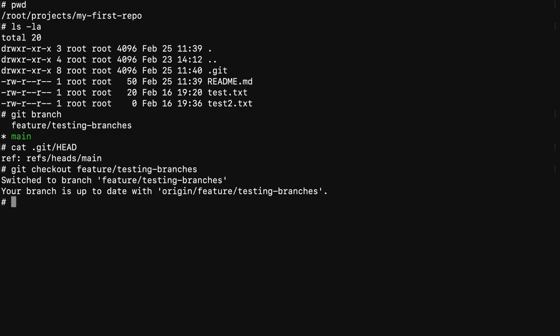I then go to my HEAD file inside the .git folder by typing cat .git/HEAD. The ref is now pointing to the feature testing branch, namely refs/heads/feature/testing-branches. Notice that my branch is up to date with origin/feature/testing-branches. I'll go back into my main branch by typing git checkout main and then check the reference file